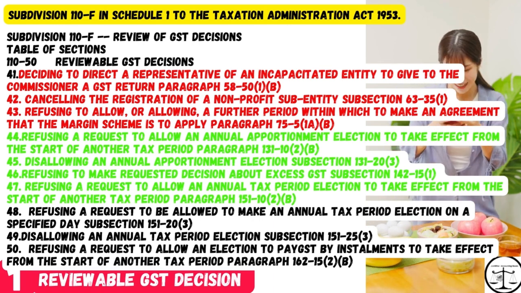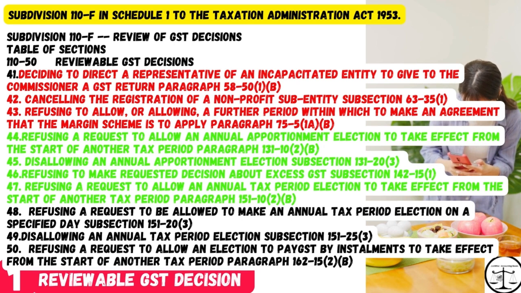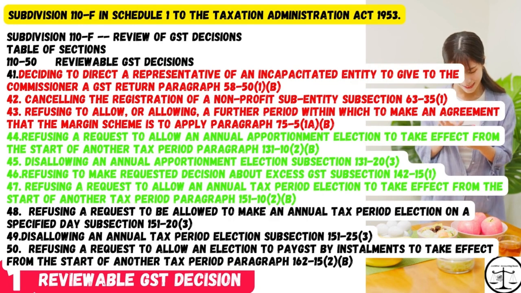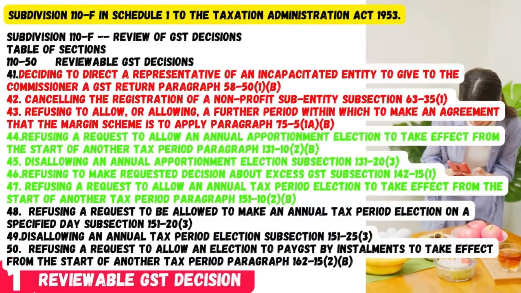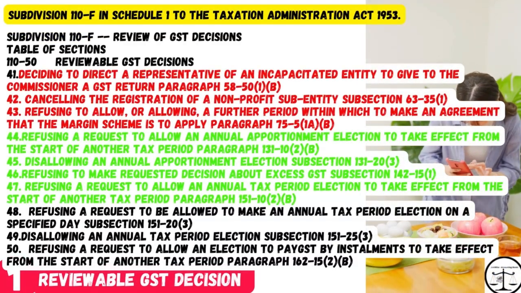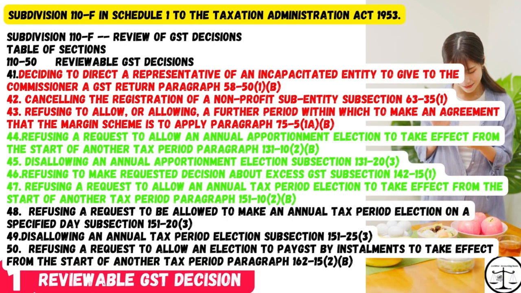45. Disallowing an annual apportionment election, subsection 131-23. 46. Refusing to make requested decision about excess GST, subsection 142-15-1. 47. Refusing a request to allow an annual tax period election to take effect from the start of another tax period, paragraph